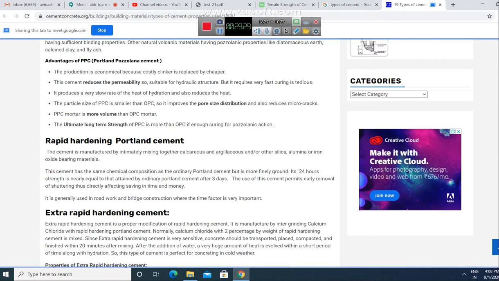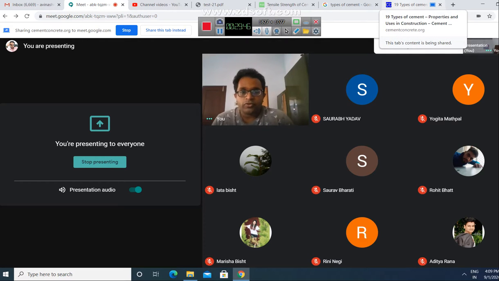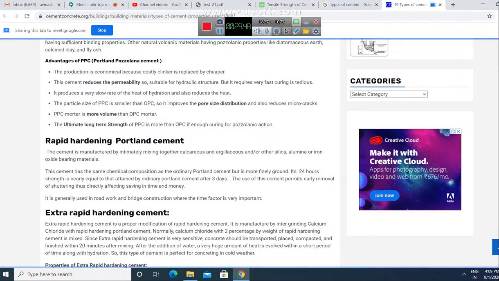So we will be comparing the strength of ordinary Portland cement and rapid hardening Portland cement. So rapid hardening means the hardening process will be happening very rapidly. It does not require much time for the hardening process to happen in case of a rapid hardening cement. So the same strength which an ordinary Portland cement will achieve in 3 days. You have mixed an ordinary Portland cement sample with water, and after 3 days, how much is the strength obtained? The same strength will be achieved by a rapid hardening cement in a time period of just 1 day or 24 hours.